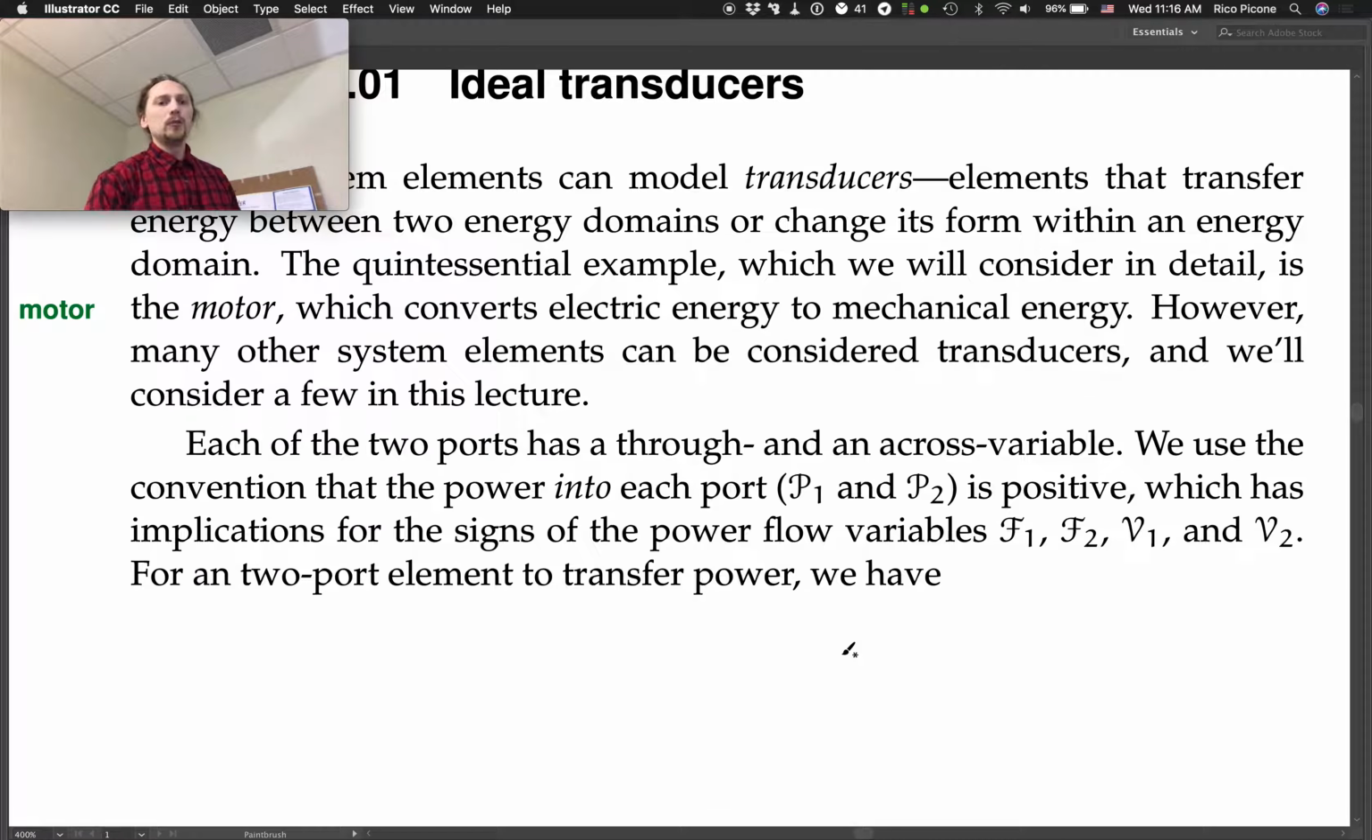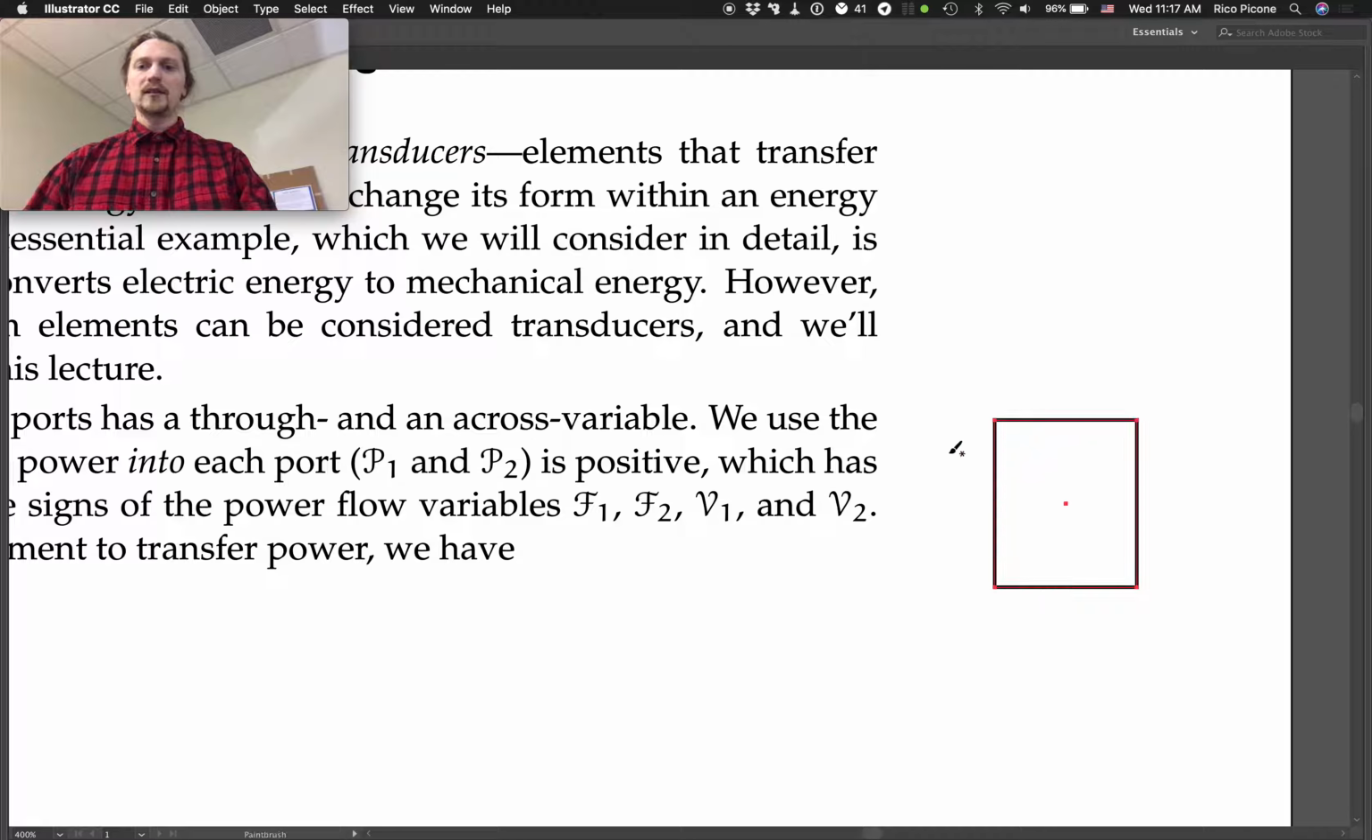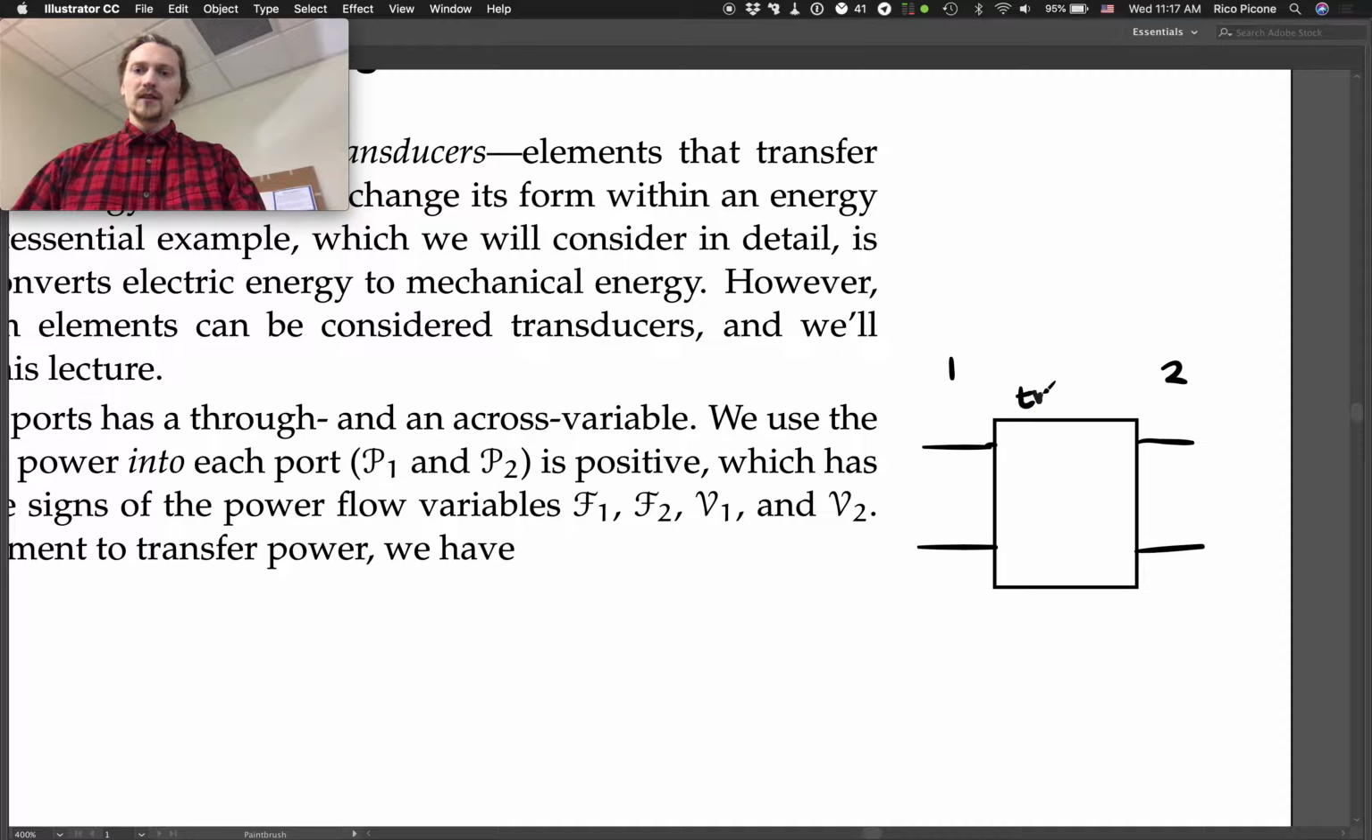So each of the 2 ports has a through and an across variable. So you could think of this as being a box with 2 terminals on side 1 and 2 terminals on side 2. And this is the transducer. It has a through and an across variable. So we'll use generalized